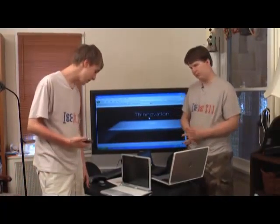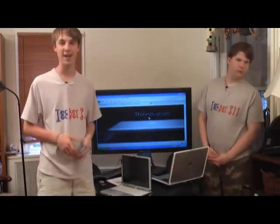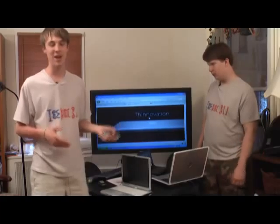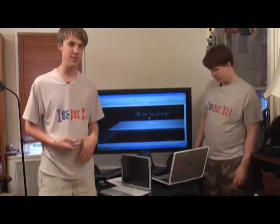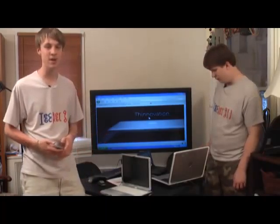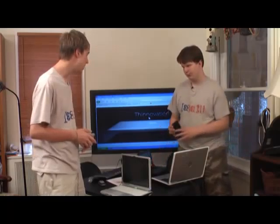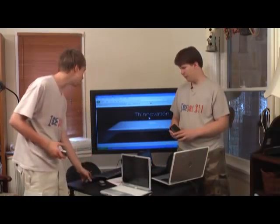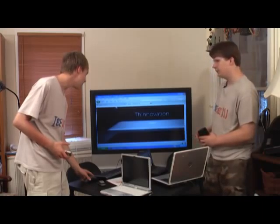So let's talk about web surfing right now. You could surf the web on this if you had a mobile data plan. It doesn't really work. The web browsers on there don't display it nicely. The mobile internet is still slower than your internet at home. It's a low screen size. The websites look all weird. The iPhone does a better job of displaying websites like you want, but it's still slower than using a full-size